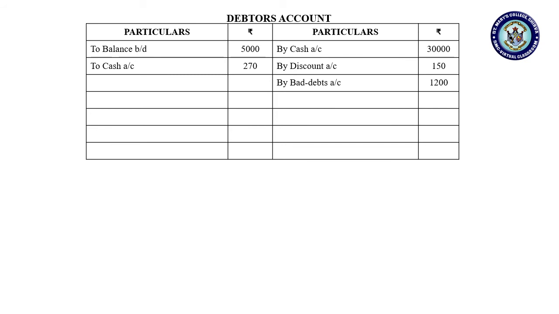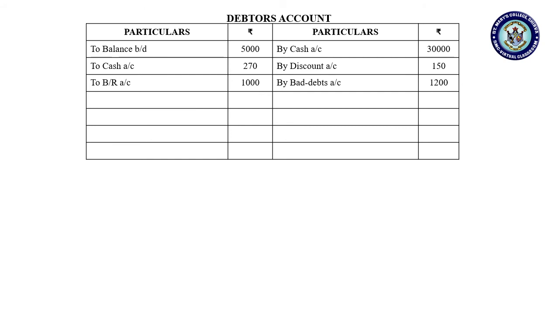Next, after bad debts, the next entry will be bill receivable dishonored by the customer. So the entry you have passed, that is debtors account debit to bills receivable. In debtors account, it is to bills receivable account. That is 1,000. To bills receivable account 1,000. Next, after that,